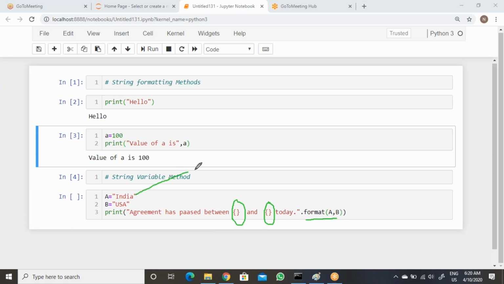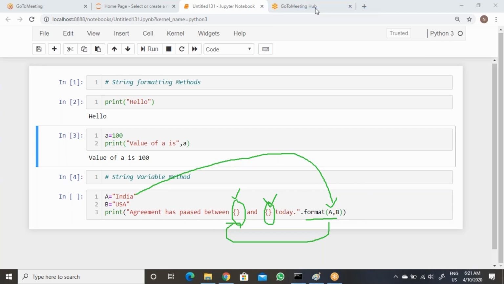So this format method, whatever variables we are getting, these variables occupy the placeholder space. That means we are making our string efficient. So that sequence, the first this one and second this one, is the sequence a, b. In a's place it will be India, in b's place it will be USA. So it will follow that order.